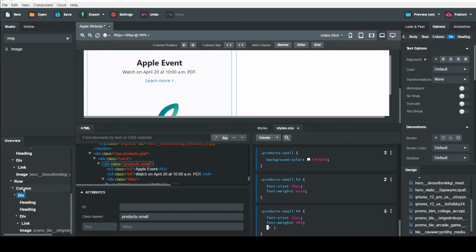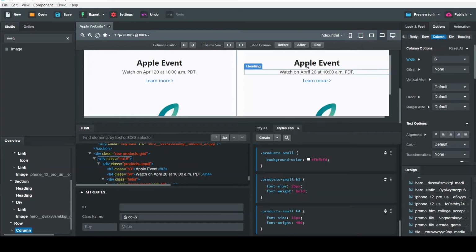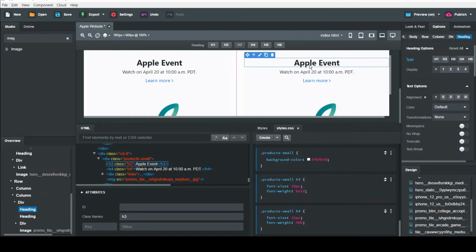Now duplicate that column again and we make this edit in a similar way. We're going to change the first heading. We need an icon, so search for icon and drag and drop it to the watch.